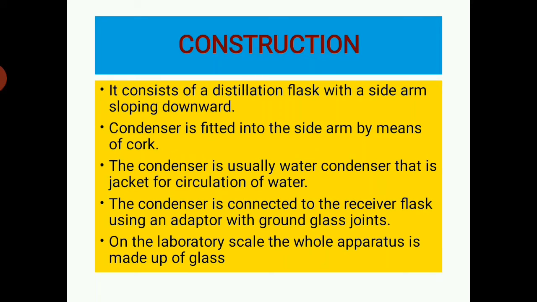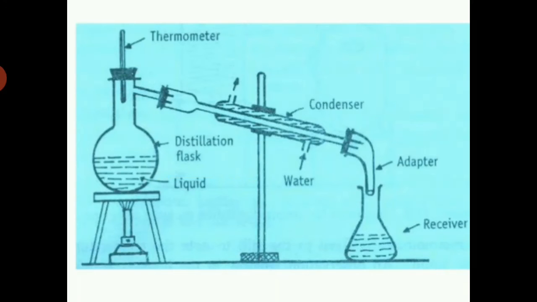Next, the principle of simple distillation is based on the principle that a liquid boils when its vapor pressure is equal to atmospheric pressure. Simple distillation is conducted at its boiling point. The higher the relative volatility of the liquid, the better is the separation by simple distillation. Heat is supplied to the liquid so that it boils. The resulting vapor is transferred to a different place and condensed. If the liquid of interest is volatile and the remaining components are non-volatile, then simple distillation is a useful means of purification and separation of liquids.